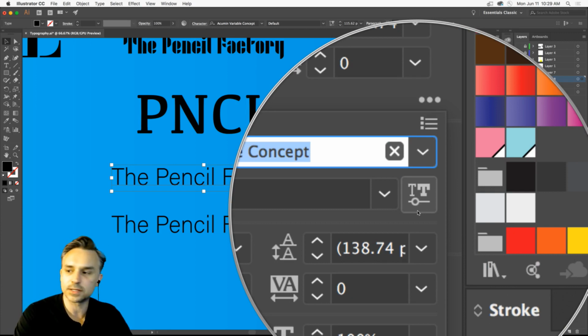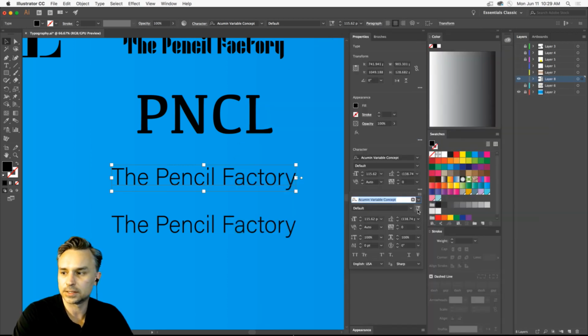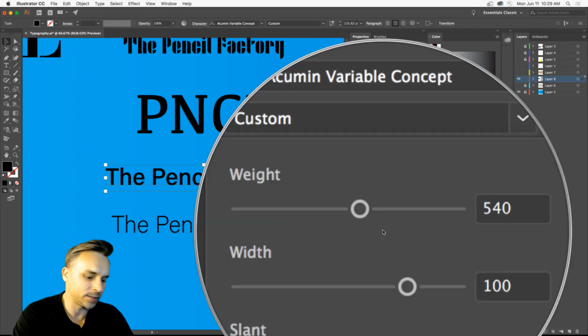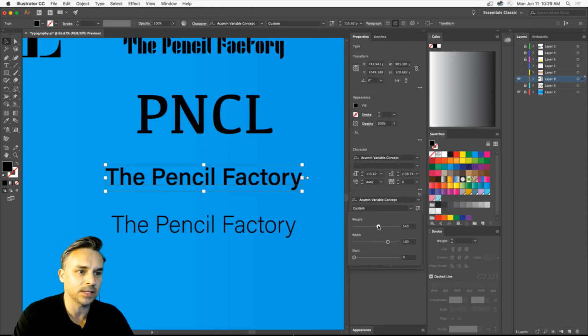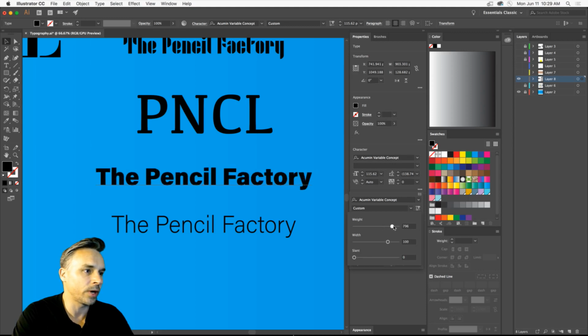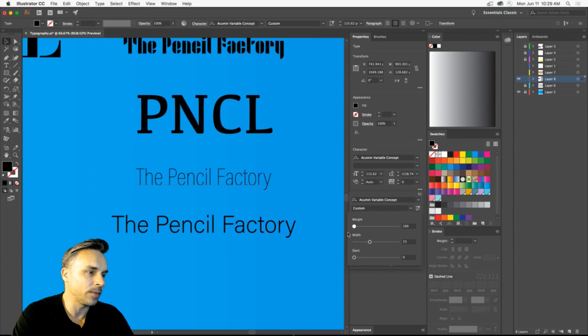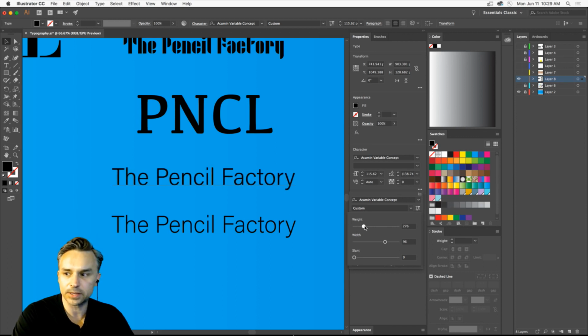This means this is a variable font, and you can adjust the variableness, right? So that's what I want to do. Click right there. And now I can actually scrub through the different weights. See what's happening? The weight, the width, and the slant. I can scrub through the different weights of this font, like that. Or the different widths. Right? Or the slant as well. So these are some of the things I want to think about. I probably want to make this a light font. But let's give it some width. So let's make it a little bit thicker than this. Kind of like that. That's kind of what I'm thinking.